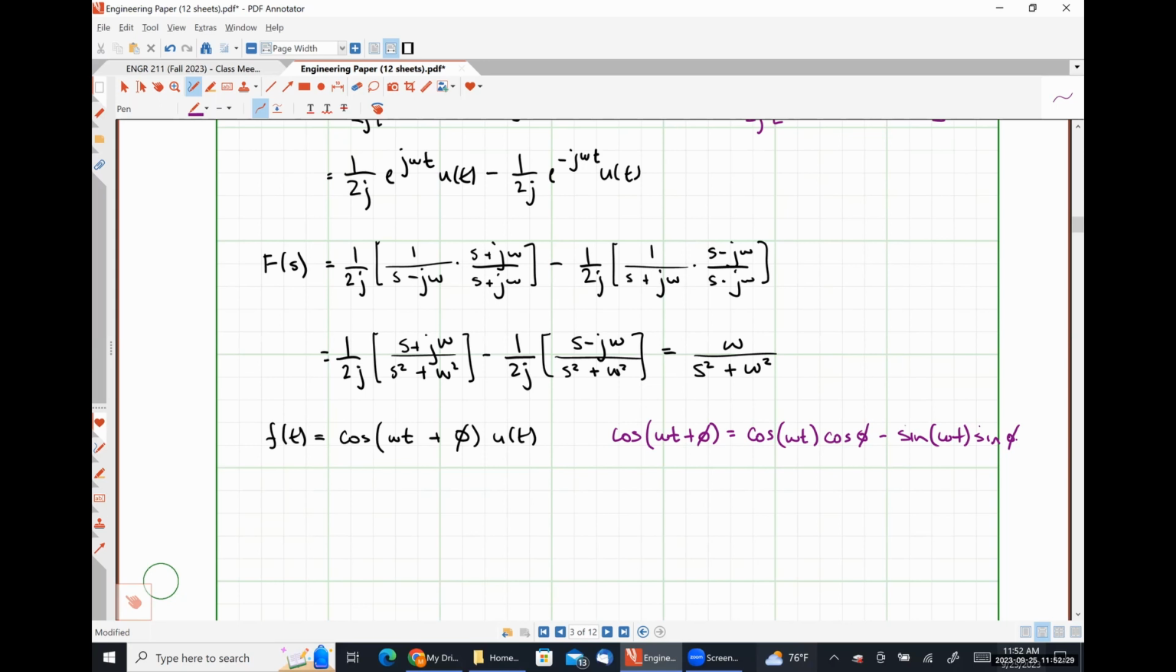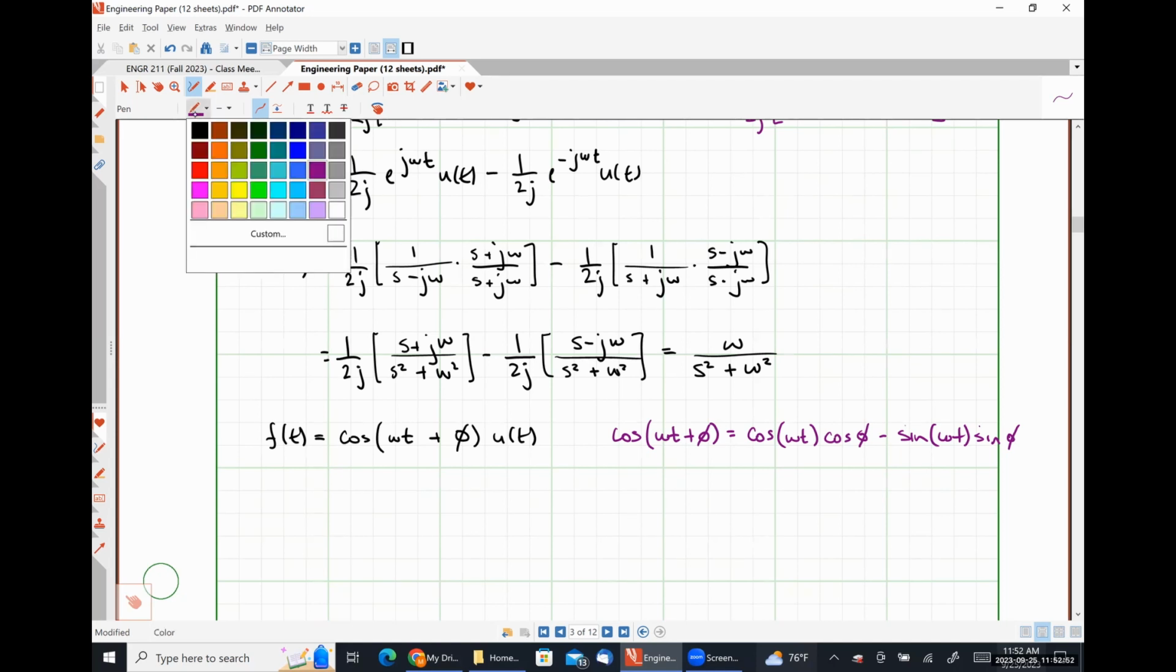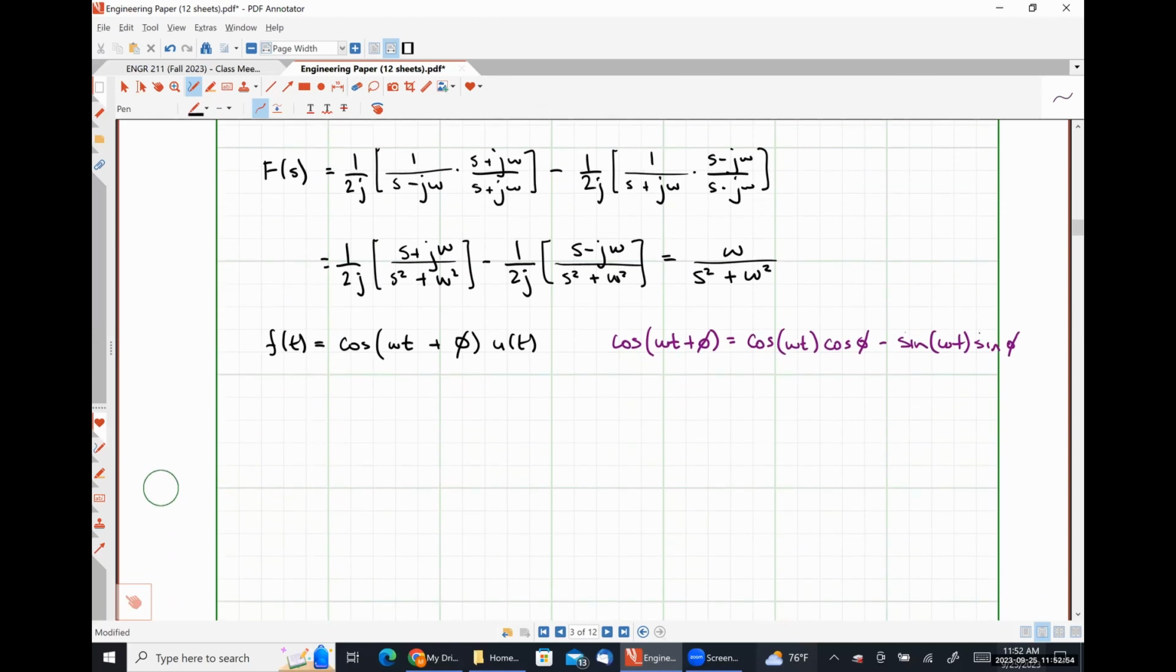What is the cosine of phi? Exactly right. And the sine of phi, also a constant, right? So this is just cosine of omega t being multiplied by some constant. So this might as well just be called A1. This guy over here might as well just be called some constant A2, right? So from this,